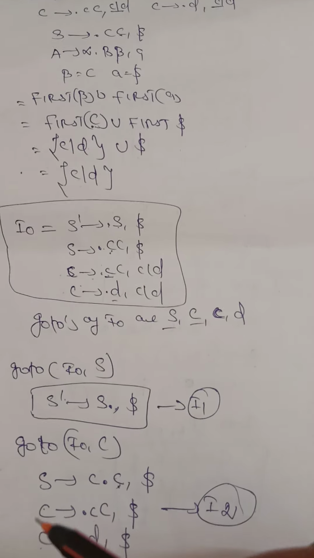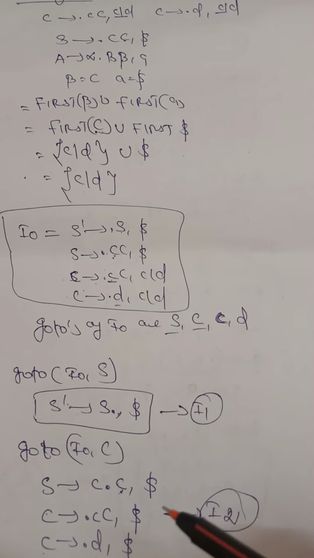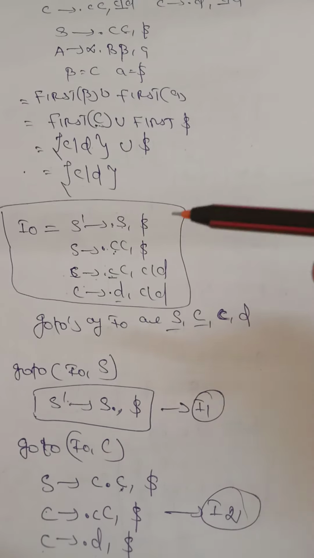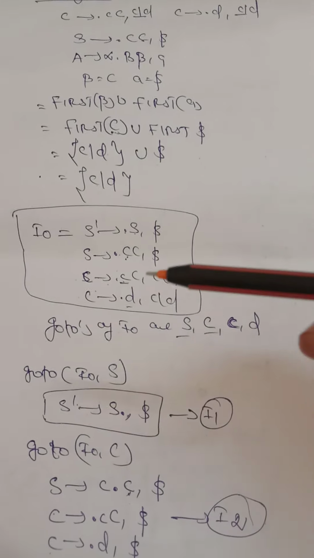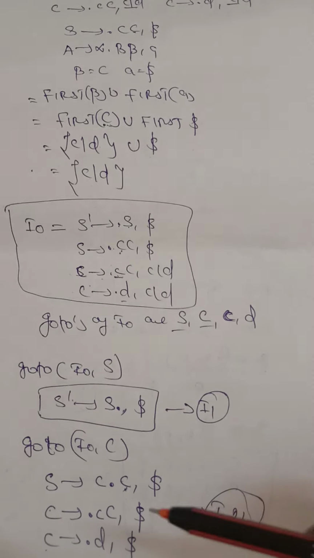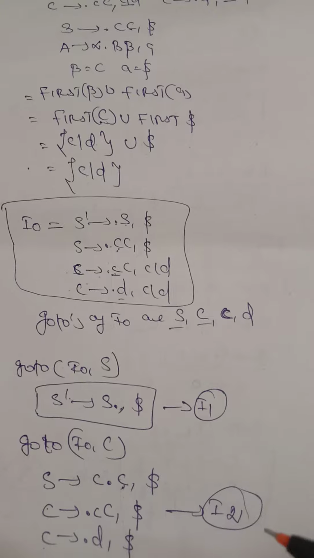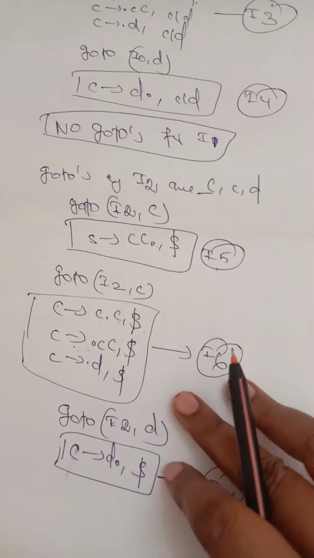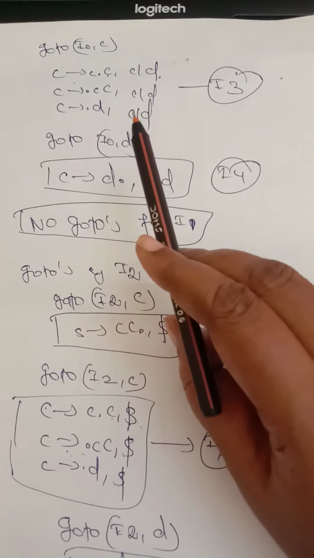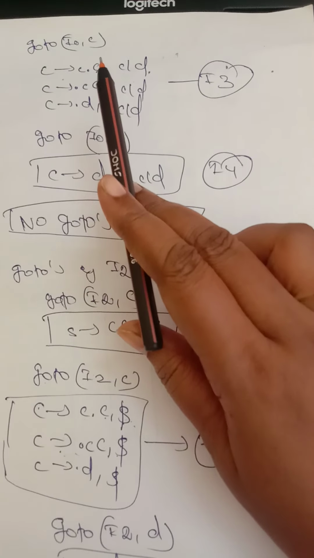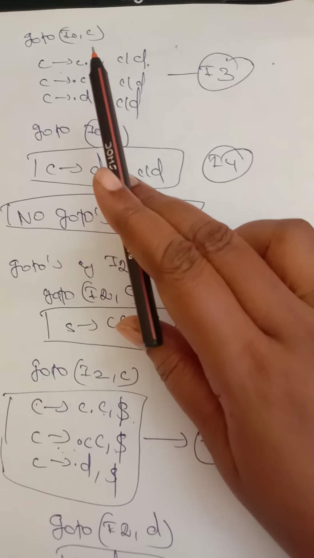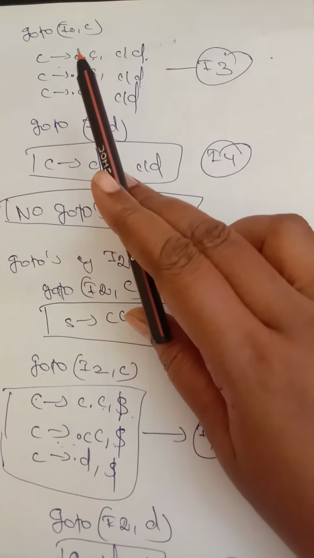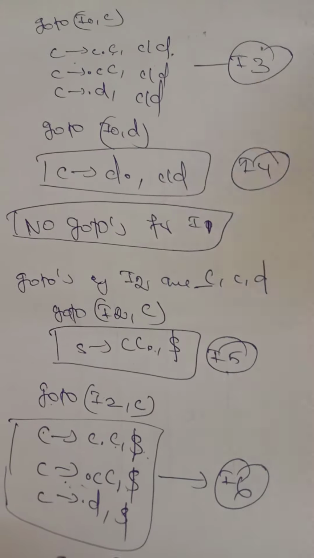Then check whether these three productions are already available in I naught and I1. If the set is the same as an available set, then give the same name, otherwise give a new name. Here this set is not already available, so give a new name, that is I2. Then I naught comma C, next, we already applied. Yes, capital C. Now we have to apply small c. Here, what is the I naught value? Here, in I naught, where we are having